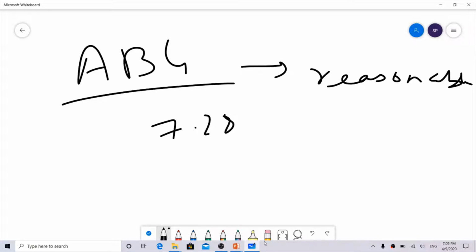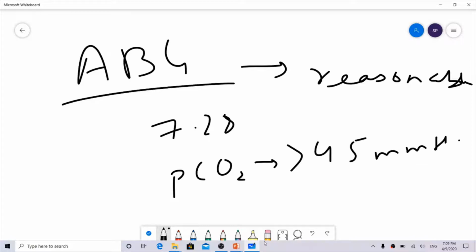We can actually take the patient off. So basically, we need the ABG to be reasonable. One more thing we also need to look at is the PCO2 levels. If the PCO2 levels are more than 45, then we do not try to wean the patient off, because that